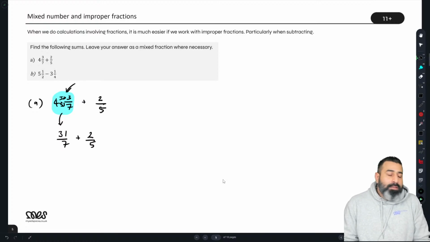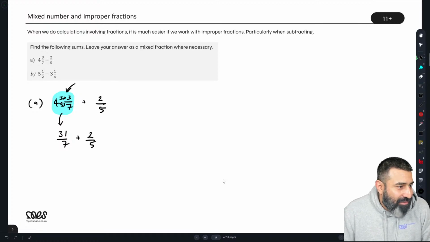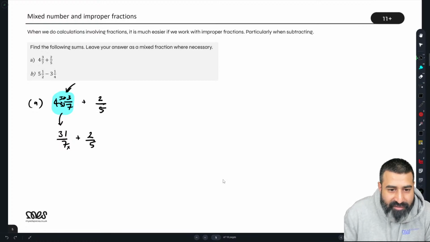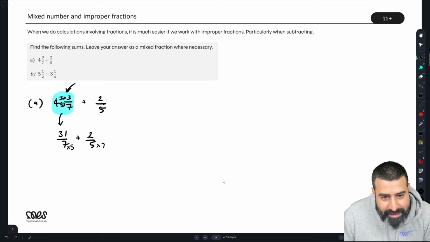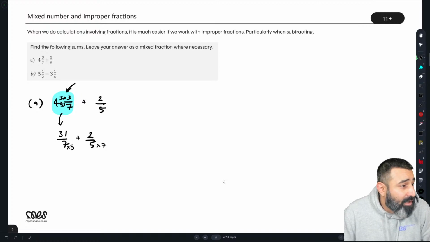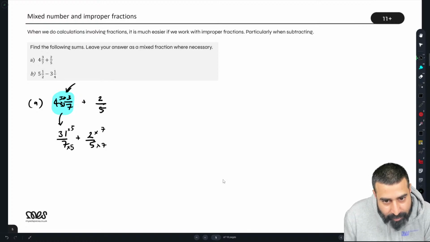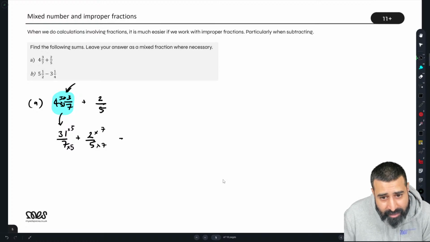Okay, cool. Improper fraction. Yeah, I like it. Okay. So, we can multiply this one by 7. Oh, this one by 5. And this one by 7. And whatever we do to the denominators to find a common denominator. Fantastic, Jane Plays. Good stuff. So we're going to multiply the numerators by 5 on the left and the top numerator by 7 on the right hand side. So what does this become?